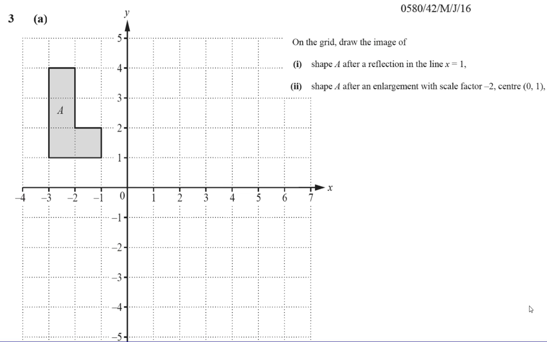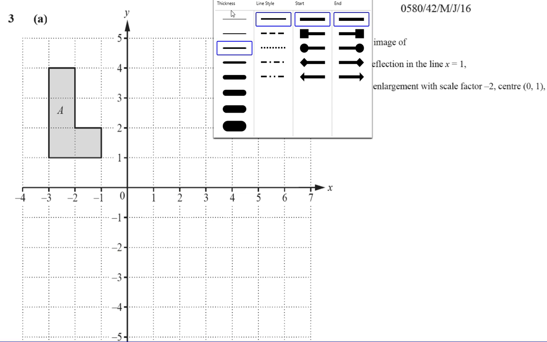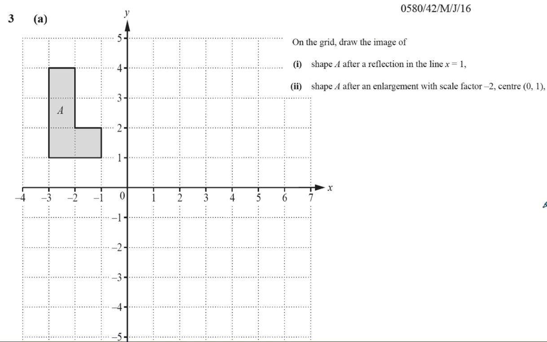Okay, so here we have question number 3, part A, from May, June 2016, paper 4, variant 2. In this question, we are asked to, first of all, part 1, draw the image of shape A after reflection in the line x equals 1. So this is a question all about transformations, and the first transformation they want us to do is this